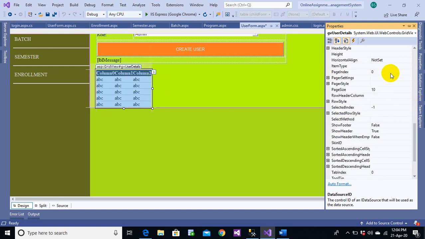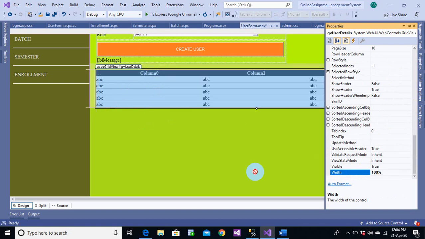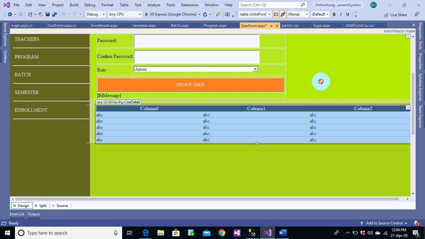So we can change some width property. So I want to set the width to 100%. Let's say I can set it to 100%. So this is going to occupy the whole width, and that looks fantastic, everyone. Now let's go and create a user, populate the user over here.